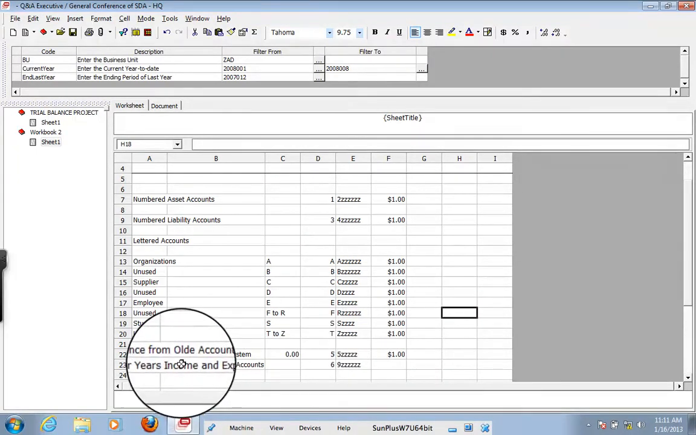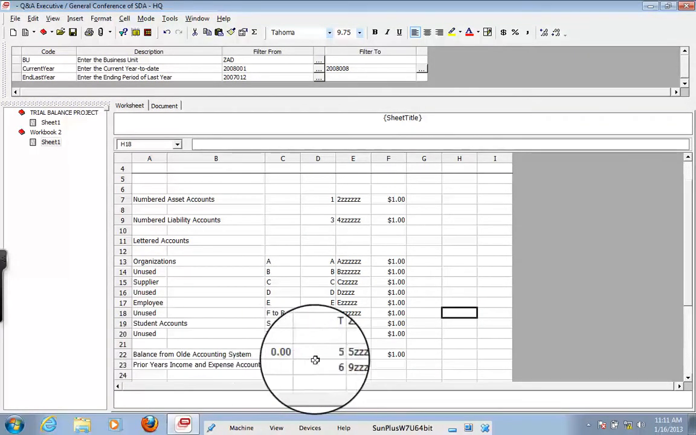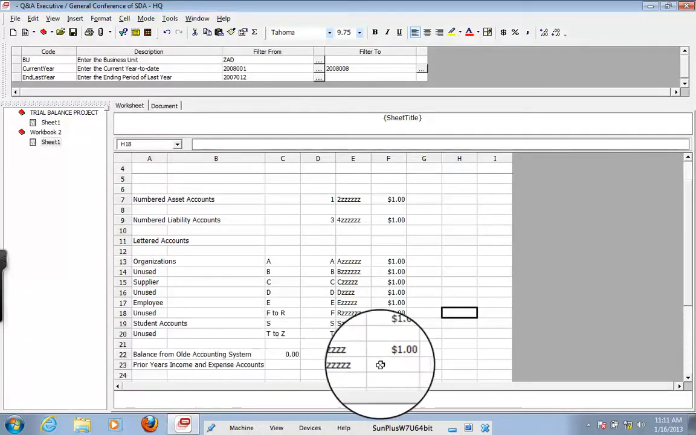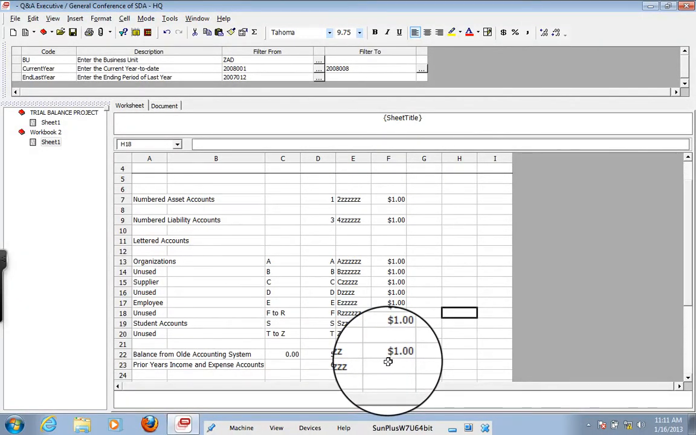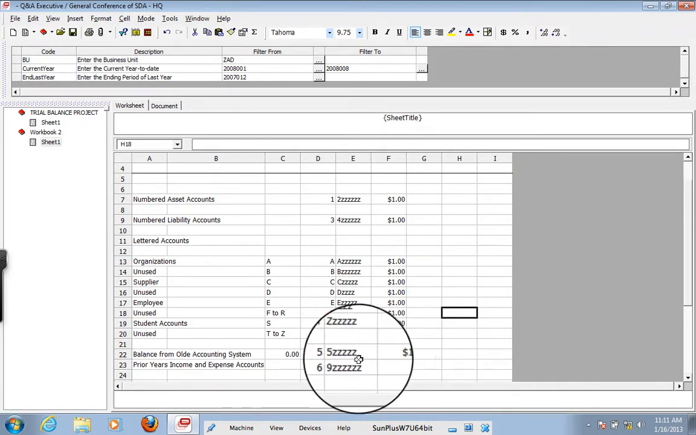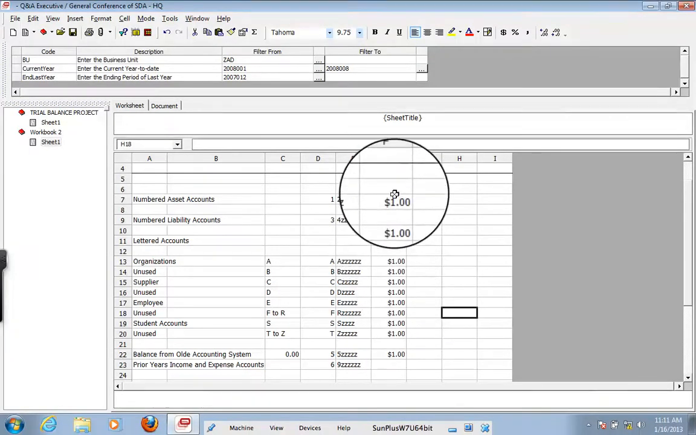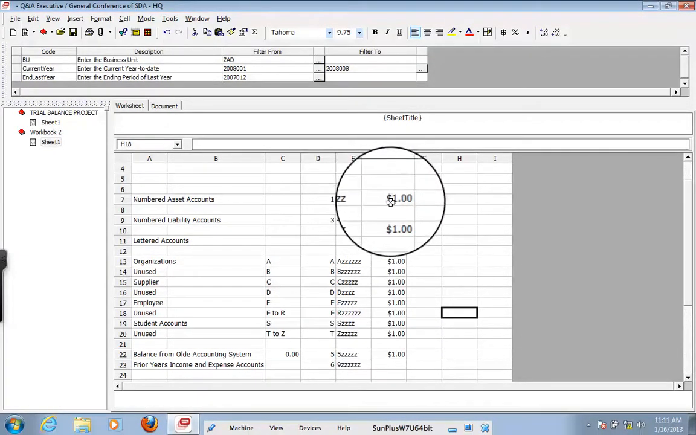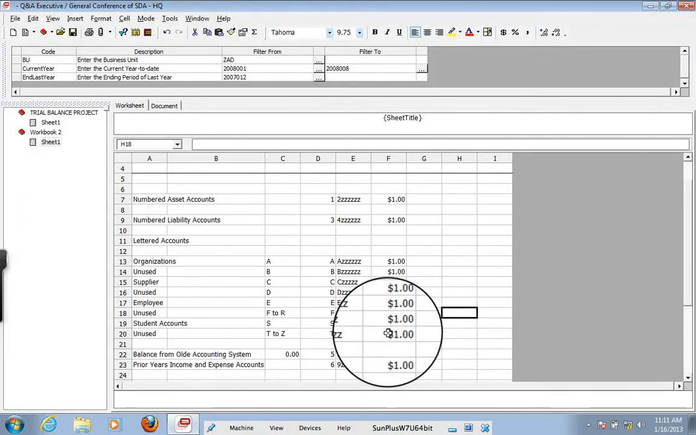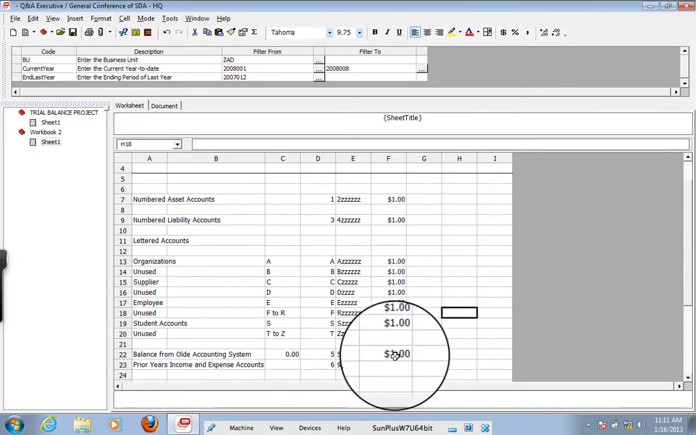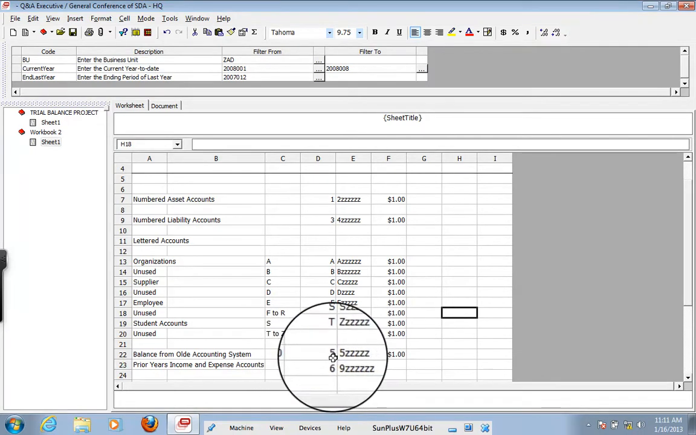And I didn't exactly explain this. This section right down here is calculating the end of last year's fund balance is what this is going to be. Okay, so all of these are balance sheet accounts, and we have now picked up all of those balance sheet accounts, the summary. They're not balance sheet accounts, but they are groupings of balance sheet accounts that we've picked up as of the balance sheet date. And the balance from the old system is brought in